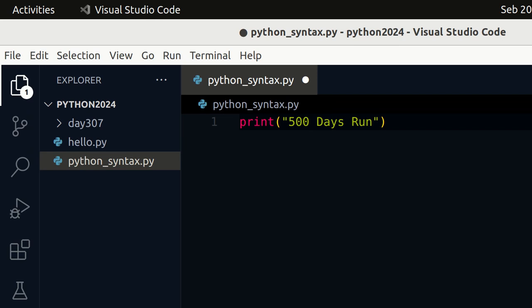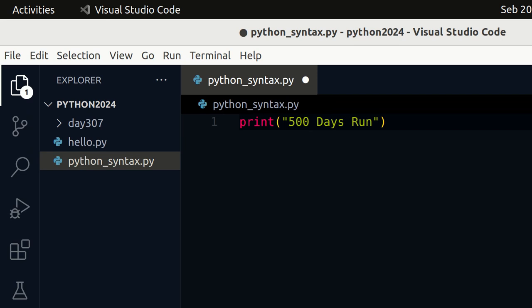So I'm going to write python and then the name of my file, python_syntax.py. Then I will press the enter key. Oh, I get an error. Interesting. Command python not found. Did you mean command python3? Since I have closed my conda, this has caused me an error.